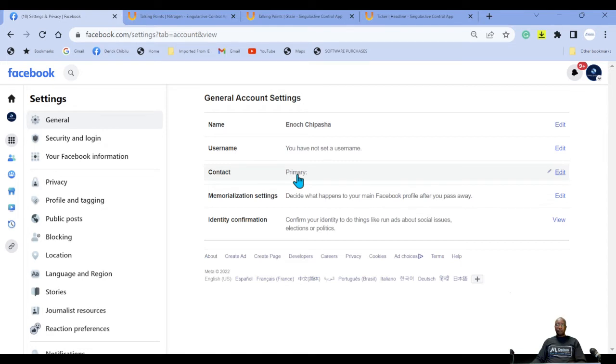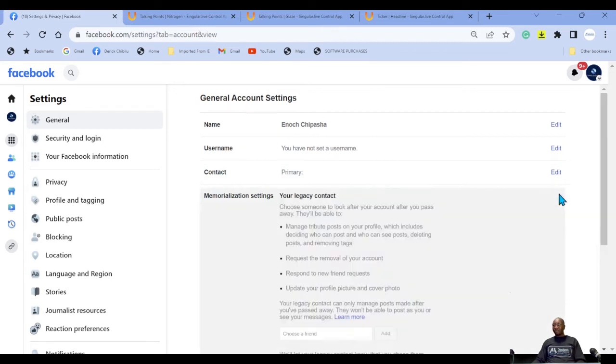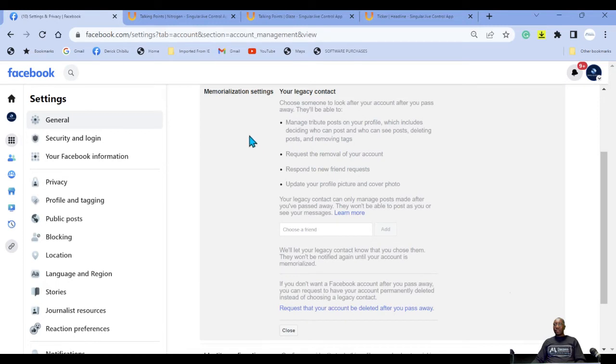Very important. There is this aspect here that they call memorialization. Decide what happens to your main Facebook profile after you pass away. I don't know how you're going to decide what happens to you when you pass away. You're already dead. But what Facebook wants is for you to choose someone to look after your account after you pass away.